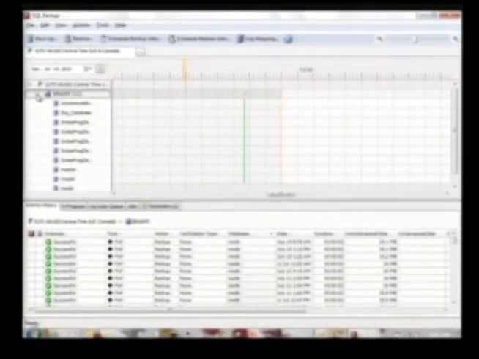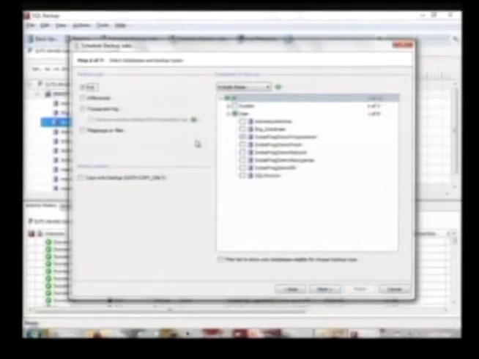How many people here happen to use SQL Backup Pro? A number of you? Okay, so some of you are familiar. I don't want to go into a lot of detail on this, but I want to show you a couple of the cool things. Let's say, for example, I have this database here, index defrag, and I want to do a backup of it. I'm going to create a backup job. Obviously, since I only have my test machine, I'm backing up to the same machine locally, which I wouldn't normally do. I'm going to back up a single database. I have options for full, differential, transaction log, and copy-only backup. So I'm going to go ahead and do a full.